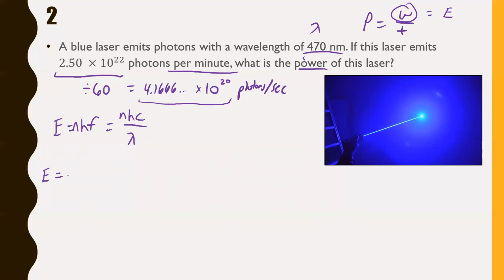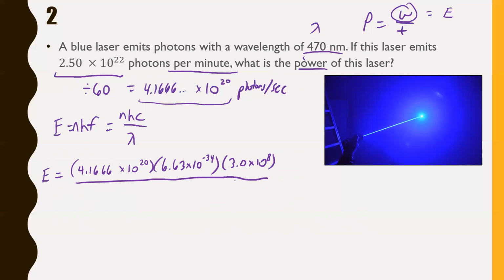Let's throw these numbers in. N is 4.166, I'll just throw another 6 in there for good measure, times 10 to the 20, times by H. H in joules is 6.63 times 10 to the negative 34. C, of course, is the speed of light, 3.0 times 10 to the 8. And then divide all of that by your wavelength, which is 470 times 10 to the negative 9. This is going to give me energy is equal to, actually a pretty nice number,